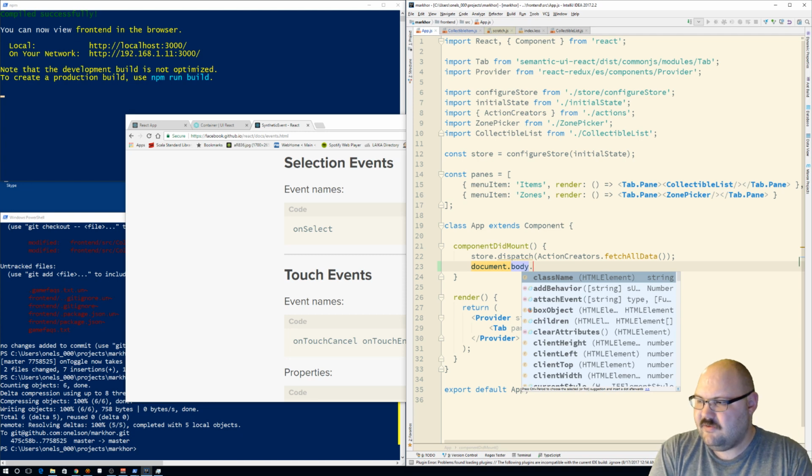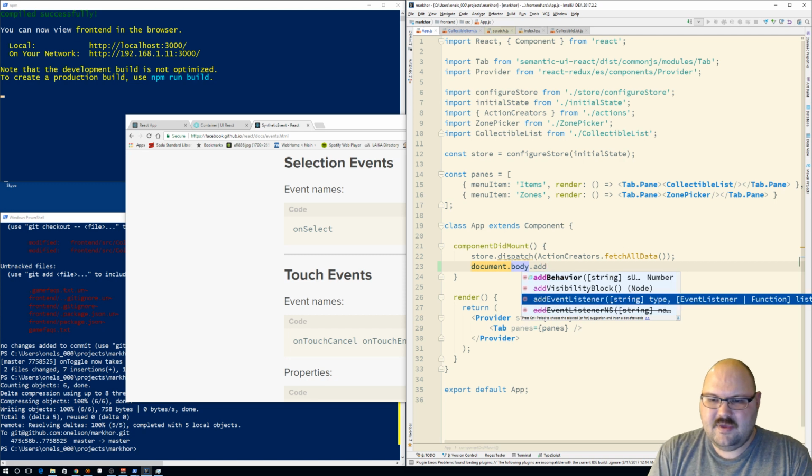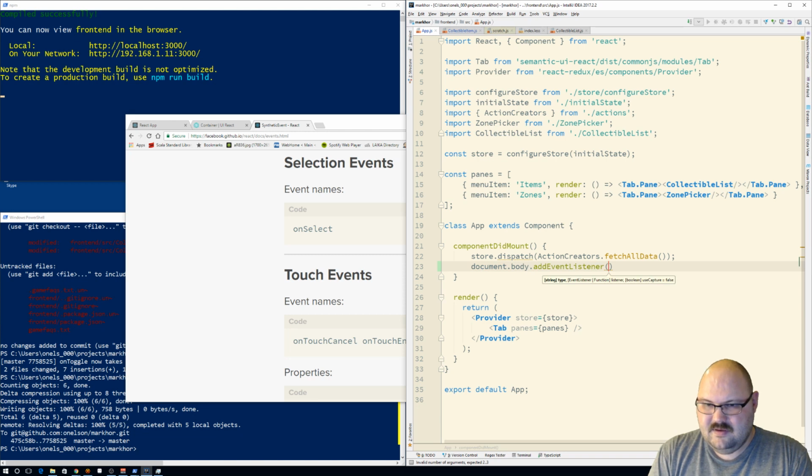This wouldn't really work if I wanted to make sure that my app was universal, which is, I guess, shorthand for saying it could be rendered on the server. I don't know. I don't think direct DOM references are really legal in a lot of cases, but I'm going to cheat. So I can register an event listener, and yeah, it takes a type. Let's try keydown, and then a function,